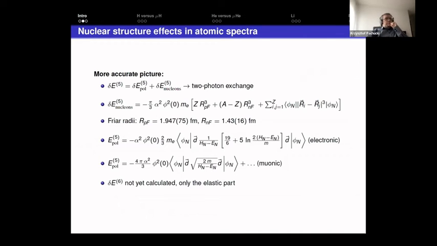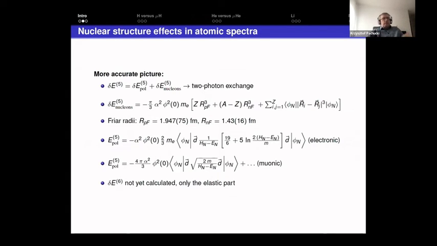And let me present the result, which is valid both for electrons, for electronic atoms, and for muonic atoms. So instead of the Zemach radius, this delta E5, which can also be interpreted as a two-photon exchange, is a contribution. It's a sum of several terms. One of them is the two-photon exchange between the electron or muon and the proton. So it is expressed in terms of the Friar radius of the proton, times Z, because there is